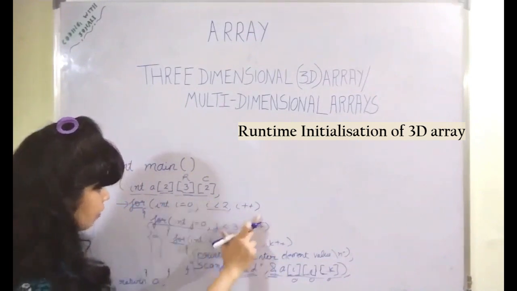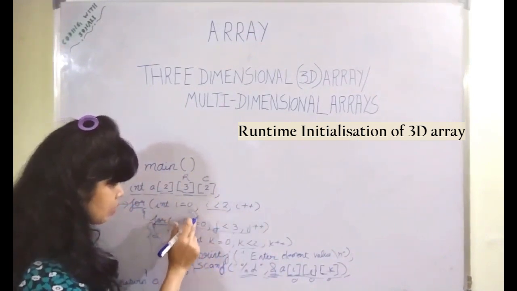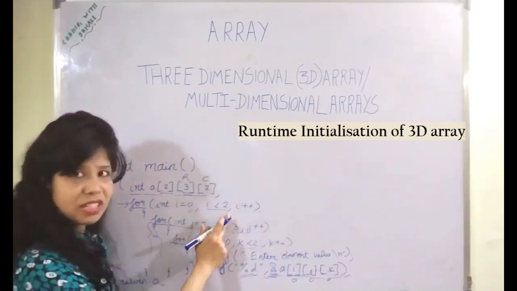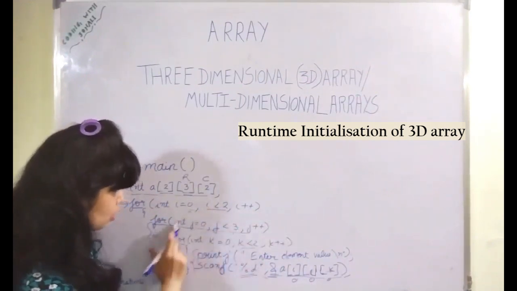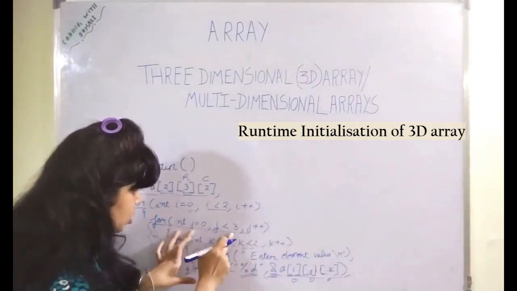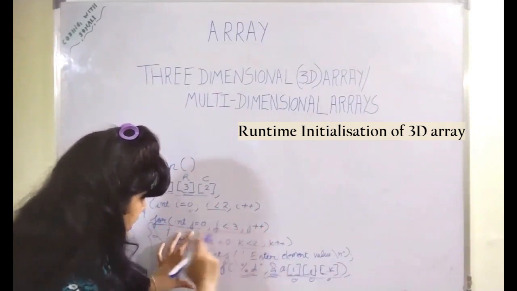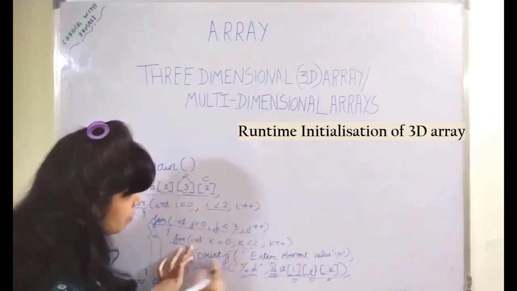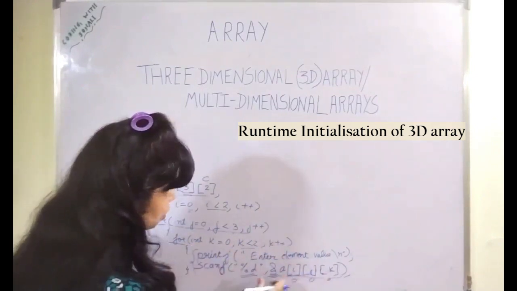loop, and then the outer for loop, wherein we were taking i is equal to 0, i gets incremented to 1, and this condition is satisfied. So again this loop will be running, that is j will again start from 0 till j less than 3. And inside this for loop we have one more for loop. So this loop will complete its execution. It will accept the values from the user, store in the